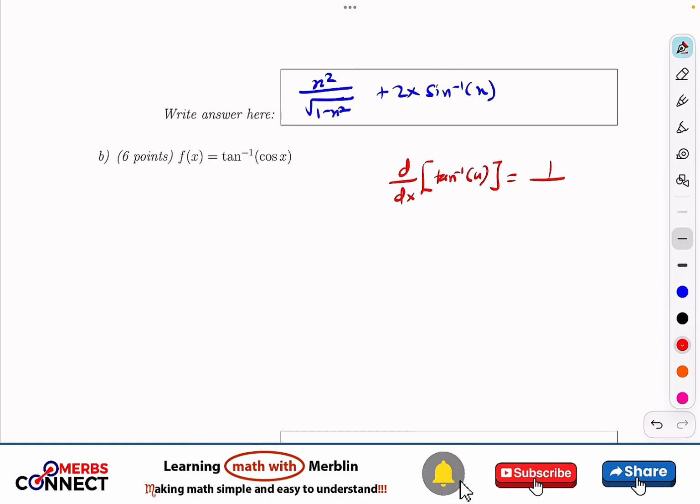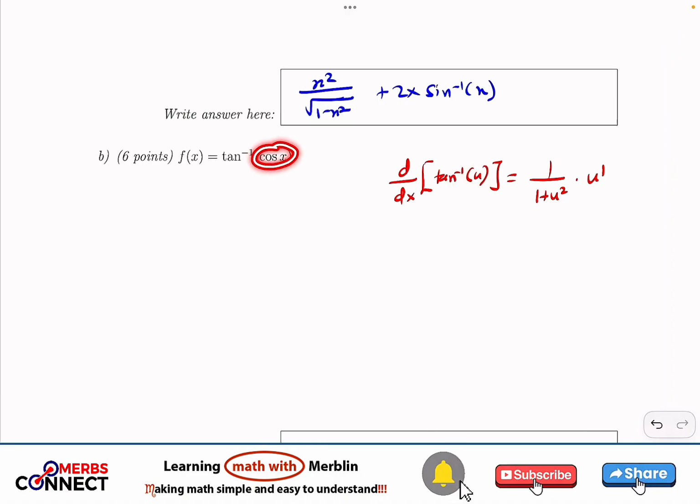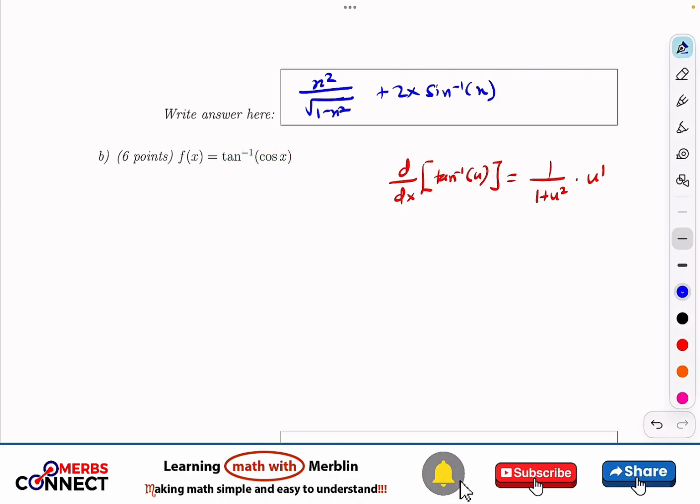Any of them works, however you want to write it is okay. I'm going to use 1 plus u squared, times u prime. Now when I compare, this is tan inverse and this is tan inverse, so the one in the parentheses is the same. So I can see that my u is equal to